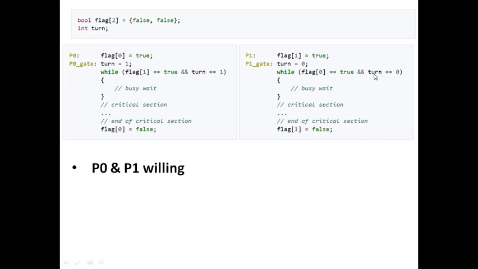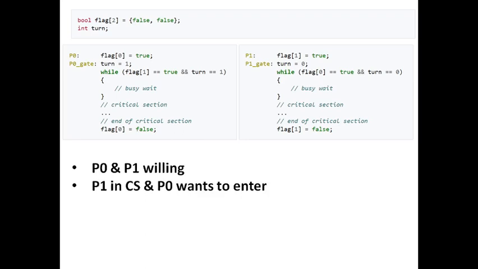So true and false would result in false, so it comes into the critical section. So mutual exclusion succeeded. When both processes are willing to enter the critical section, only one of them is allowed, and which one it is, that is not an issue. Our focus is only to ensure that no two processes simultaneously enter the critical section. So by luck one of them will get into the critical section.